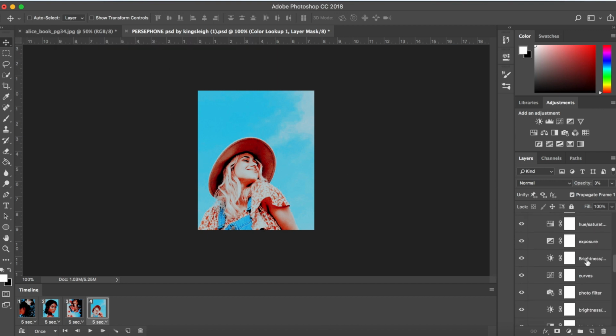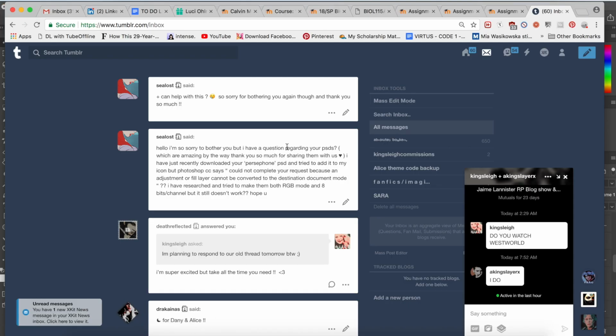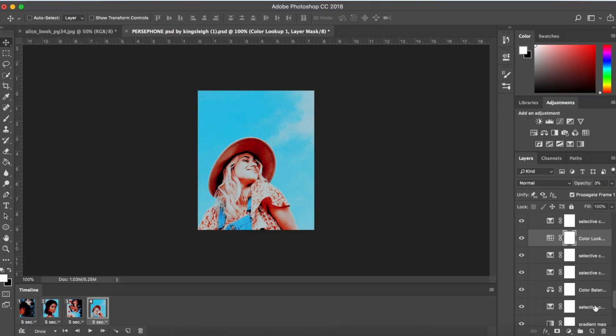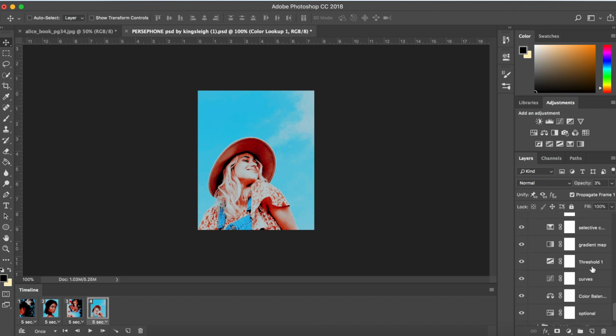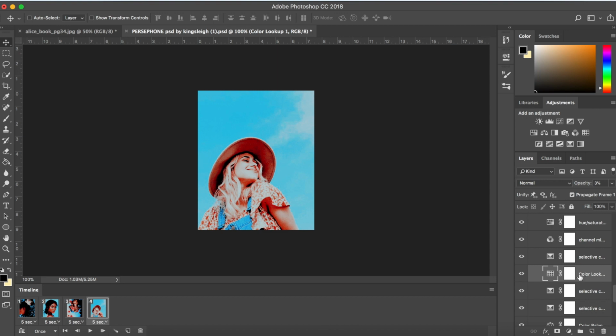But one of the things I get asked most often is an issue where people get a message that says could not complete your request because an adjustment or fill layer could not be converted to the destination document mode. That would most likely be RGB or CMYK, like an issue with what image coloring mode you're in. But sometimes these color lookup adjustment layers in the PSD can really mess people up when dragging stuff over. So I try not to use these anymore in my PSDs just because I know it causes so many problems